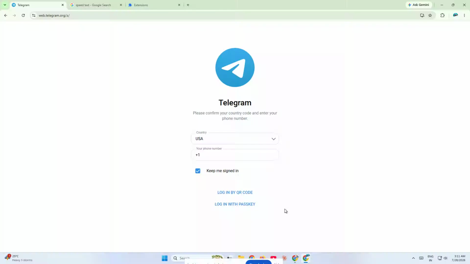If you're seeing the Telegram error message that says email not allowed, don't worry. In this video, I'm going to show you exactly how to fix it quickly and safely. This is a common issue that can happen when Telegram thinks something about your login setup, recovery settings, or network looks suspicious. The good news is that there are a few simple steps you can take to solve it without